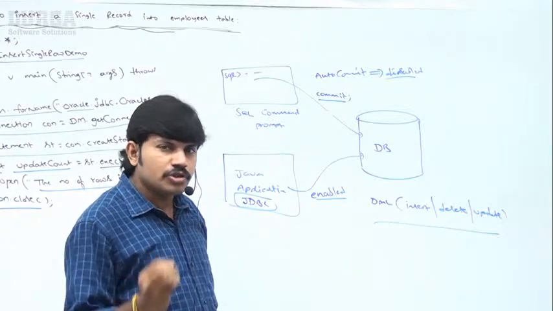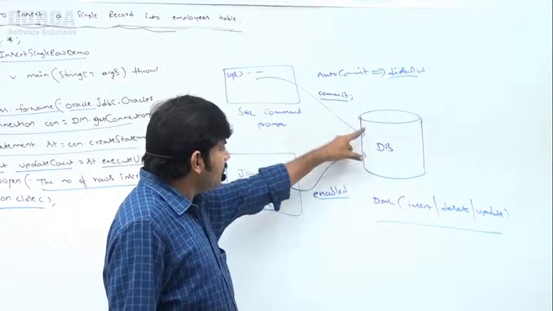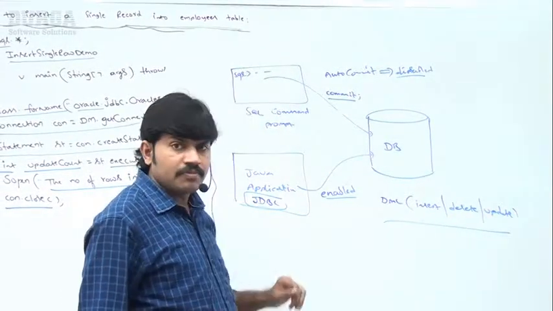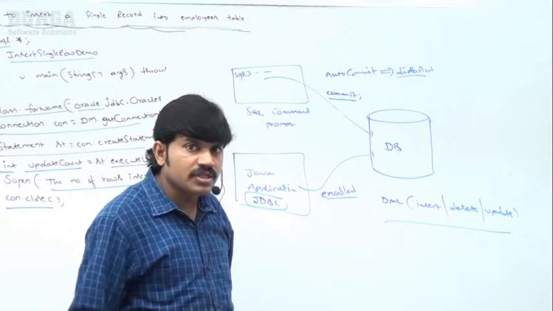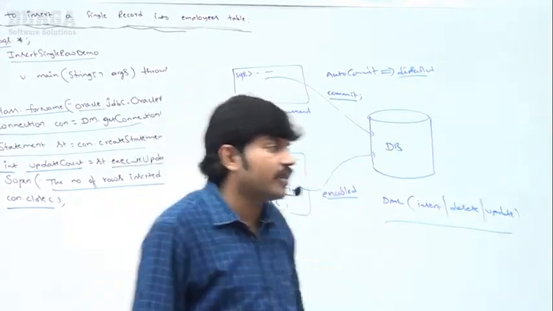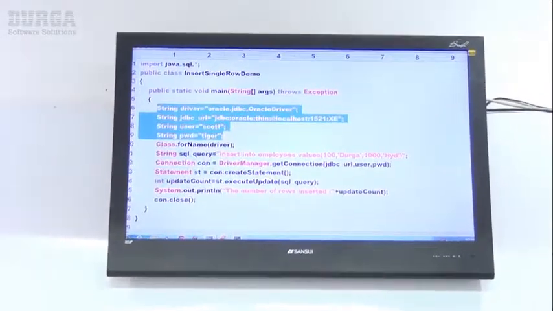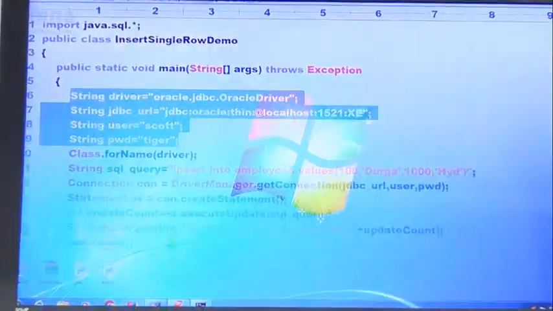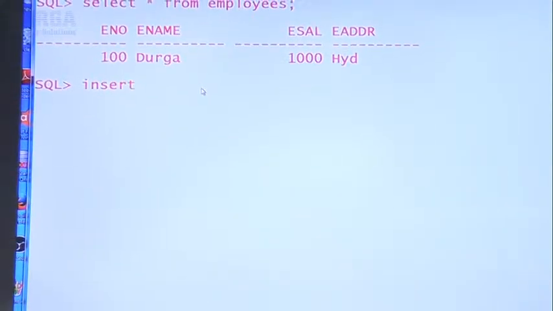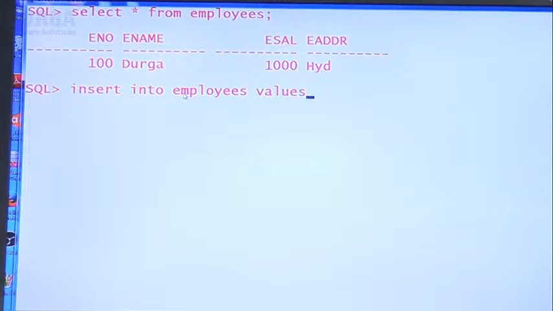Sir, can you please show it practically, you may ask? Very simple. I will add one entry from here. I will close the SQL command prompt and open it again without using commit. The changes won't be there. Very simple. Have a look once. Let me open the SQL command prompt. Observe that. Here I'm taking the SQL command prompt. Here, insert into employees values